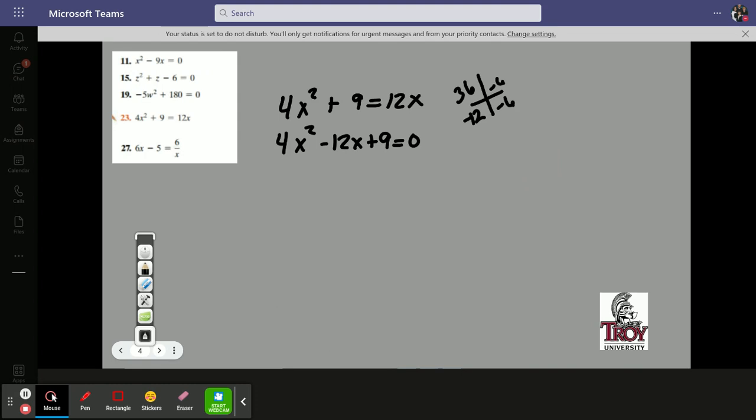So I'm going to break that down to 4x squared. There's the 9. But instead of -12, I'm going to write